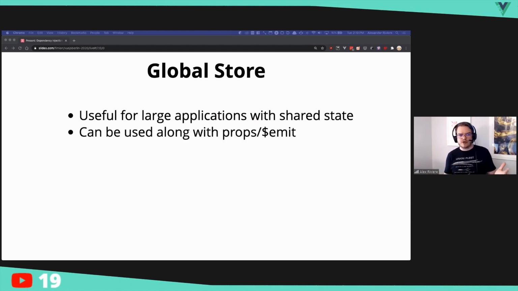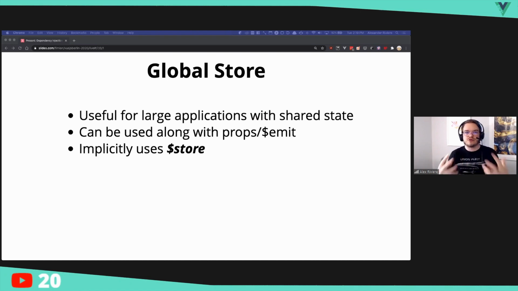It can be used along with props and emit. So you can bring some state in and then take that state and pass it in as a prop to another component. And so that component can be outside of the scope of it, right? So it's still useful in that way. Now, one of the challenges with using Vuex specifically is that it implicitly uses $store, and so it expects that $store is available to you,